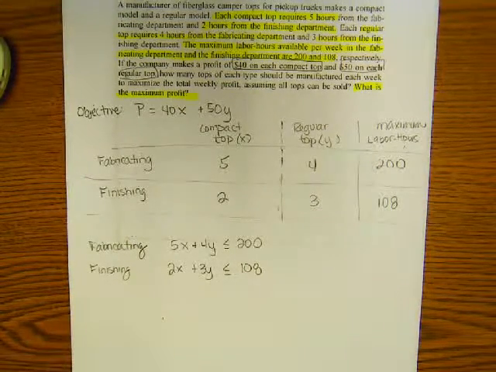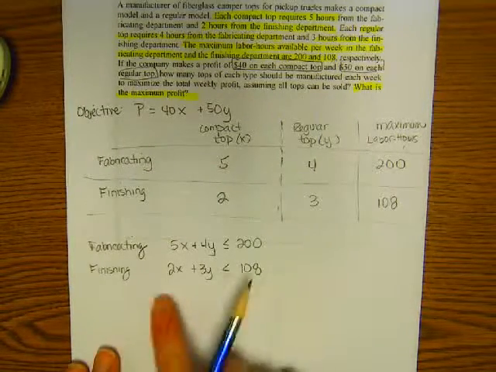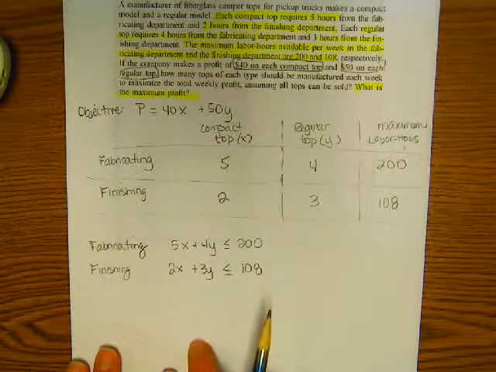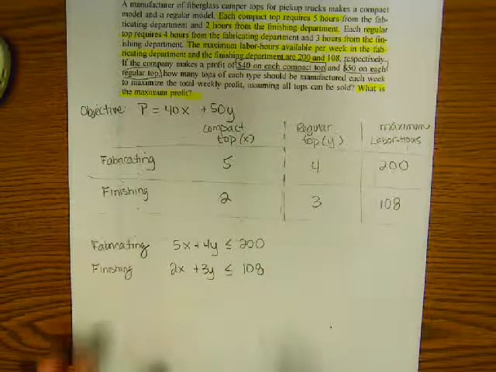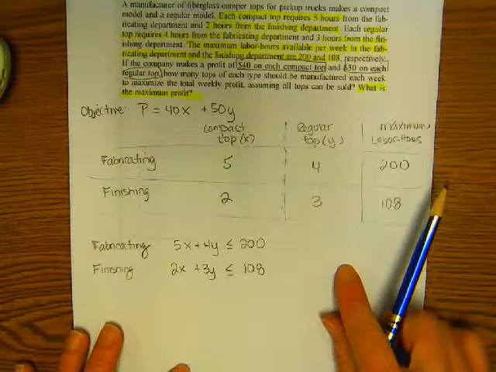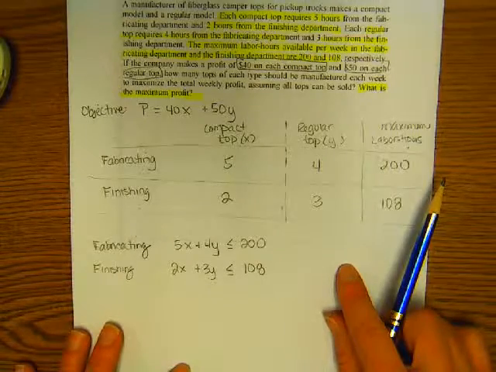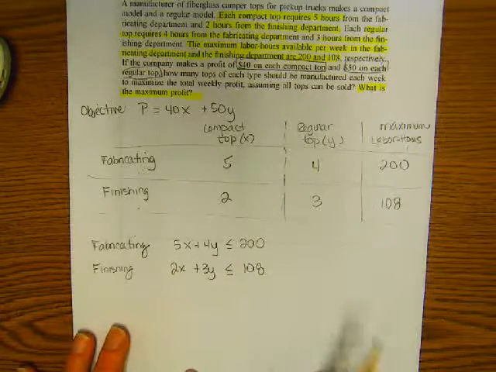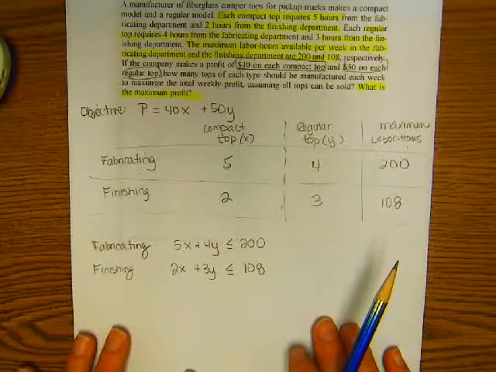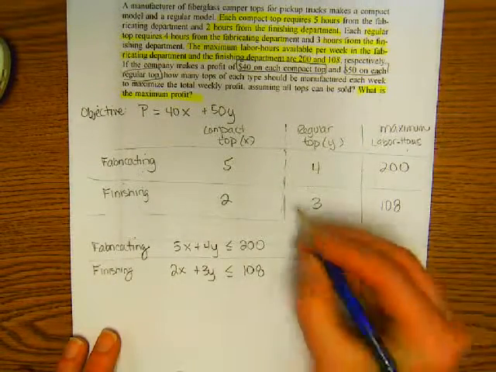Okay, at this point, didn't we learn how to do this? We didn't learn how. We refreshed our memories. You learned this before. How to do this yesterday. And absolutely, you can rearrange things and put them in slope-intercept form. But I taught you, or again, refreshed your memory, how to do finding the x and y intercepts, because some of them might be the vertex of our region and we're going to need those. Okay? So on the next page, and we're going to do this in a second, I have a huge grid for graphing. But while we're over here, let's find the x and y intercepts for the fabricating and for the finishing, okay? So if I put 0 in for x,